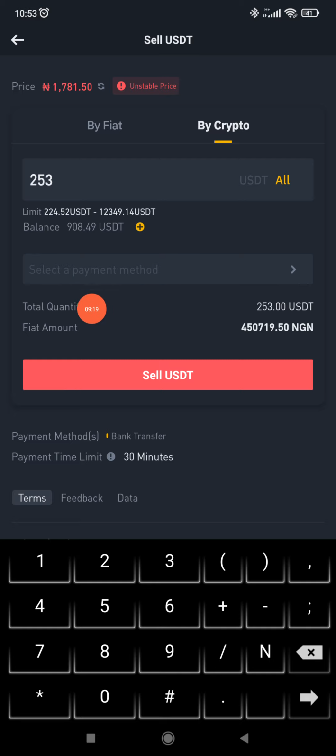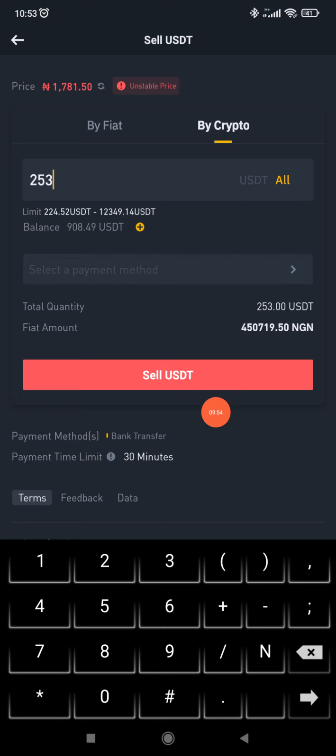It says select payment method. Now once you're okay, please tap this arrow. It will now take you where you select your payment method, which at this point you must have entered your bank account details. That is the bank account where you receive your funds. Now if you have already done that, there's no need to tap on it. So once you've done that, at this point you just tap on it. Once you tap on it, your bank account details will show here, which bank, whatever, and then you're now going to come here and then